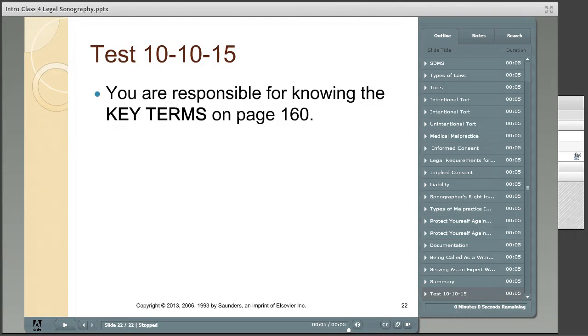At some point, you may become an expert witness. Whenever a sonographer is a defendant, the ideal expert witness is another sonographer with a similar level of education and experience. In this type of situation, you will be asked if you agree with how that sonographer had handled the situation or made a diagnosis. An expert witness must be able to analyze the facts presented and draw their own conclusions from those facts.